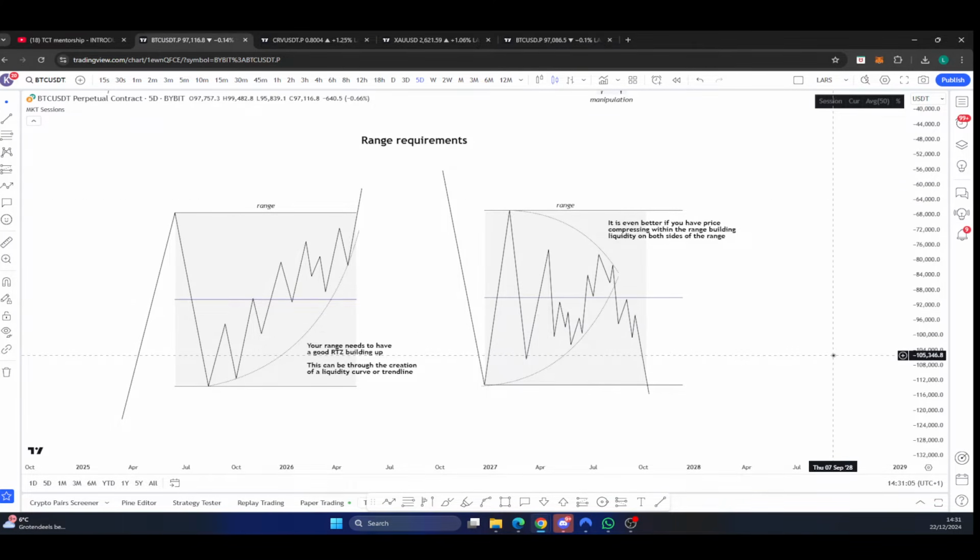Now, it is even better if you have price compressing within the range, building liquidity on both sides. What I mean with that is that you have a range low, you have a range high, and price is tightening up inside of that range, building liquidity below and building liquidity above, and then it starts to deviate on either side. Okay, in this case, we're deviating the low, and we could have a potential bullish PO3. And the reason why this is even better is because it shows even more that the market makers are purposely sweeping that obvious looking sell side liquidity in this case,